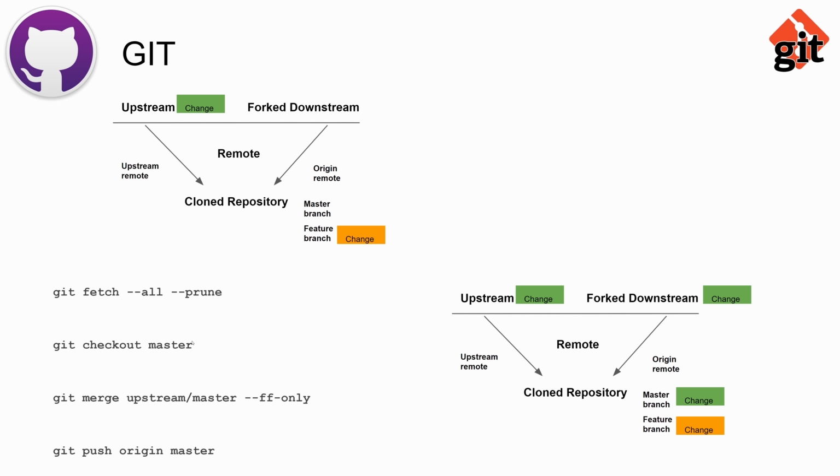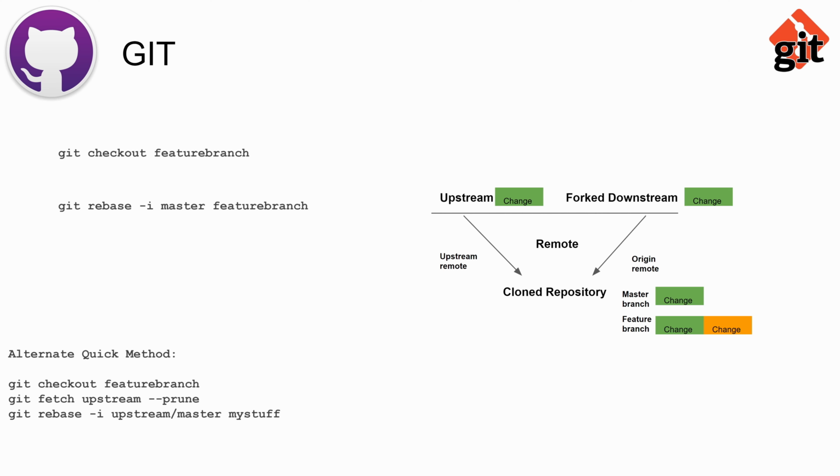And the diagram on the bottom right side will be the result of all these operations. The git checkout feature branch, and then you need to do a git rebase of the master to the feature branch. So this is what I was talking about at the earlier stage. What if you created a feature branch out of master branch, and then some changes have already creeped into the master branch of the cloned repository? How to move the base pointer of your feature branch to the latest level? That is done with the git rebase